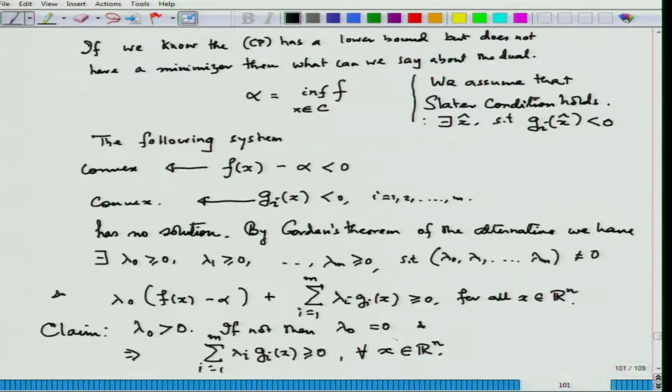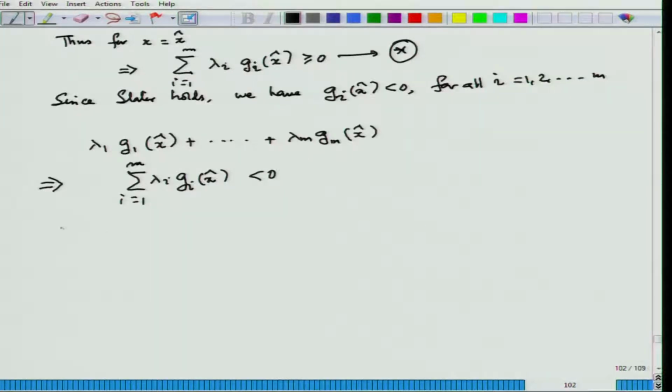So, putting x equal to x hat, because this is true for all x, in particular, by choosing the particular x hat for which Slater is holding, I will get this, but actually what I should get is this. So, there is a contradiction. So, thus lambda naught is not equal to 0, and so we have